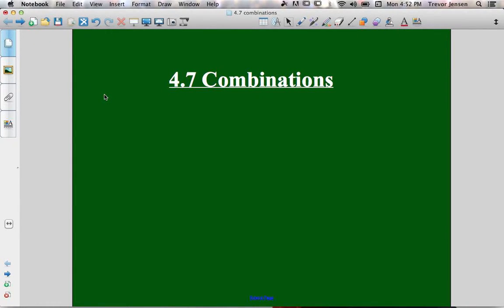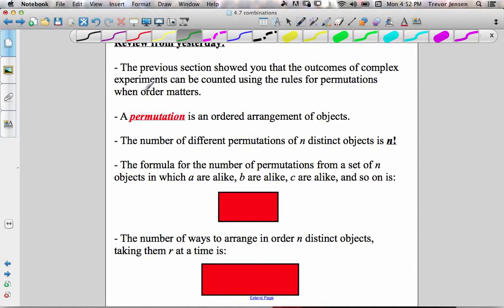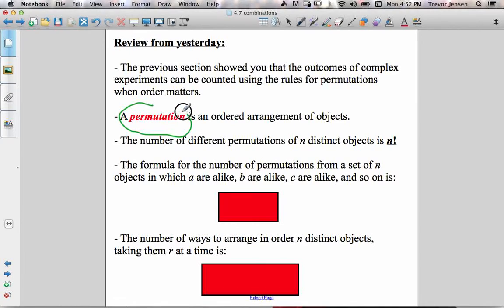Okay, here's a quick tutorial for section 4.7, combinations. If you remember from the last lesson, section 4.6, we looked at what permutations were, and we learned that permutations are ordered arrangements of objects. I showed you the formulas for calculating how many ordered arrangements of a certain number of objects you can have. If we wanted to figure out how many ordered arrangements, or permutations, of n objects there were, all we